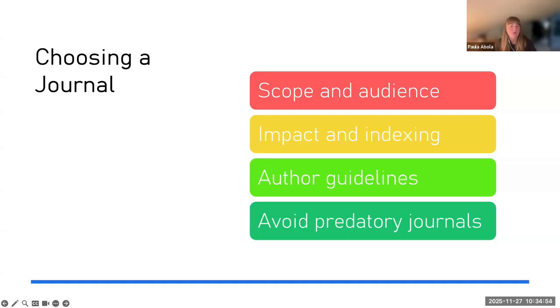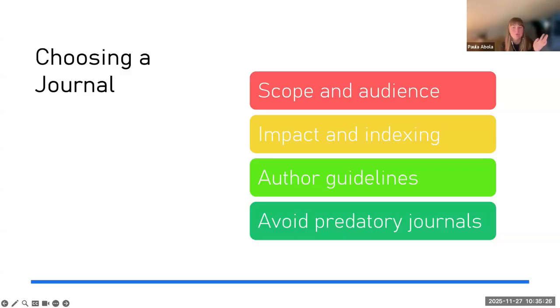And as I already mentioned, the term predatory journals, you should avoid these. These are journals that try to mimic legitimate ones. They usually charge high costs for publication and they skip peer review. So if you see a journal, or you get an email from a journal, that says we have a high impact factor and rapid publication, those are red flags for predatory journals. And also you can often see grammatical mistakes on their website. So they would use poor English